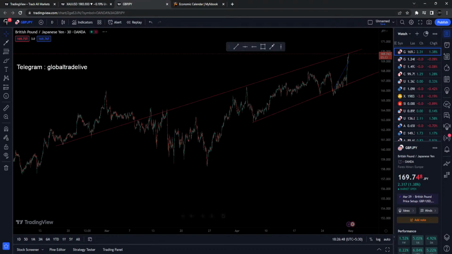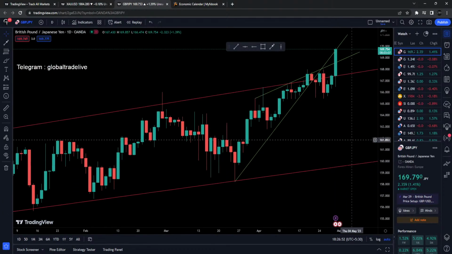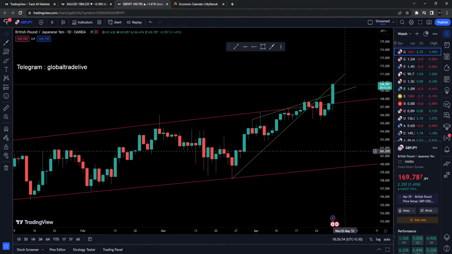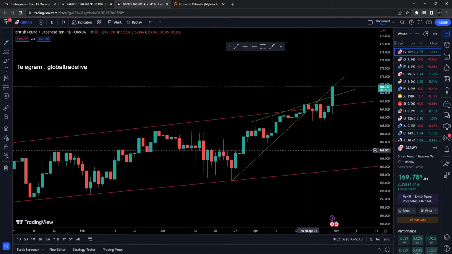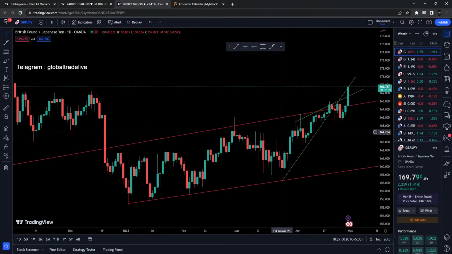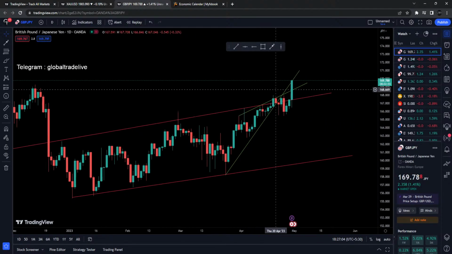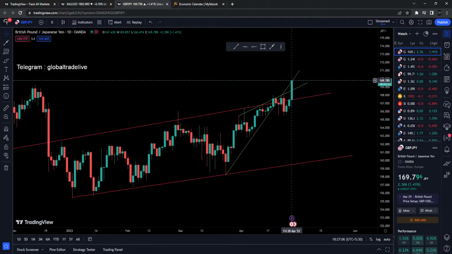So I'm really expecting a very strong bearish move now, because the thing is, let me just show you over here the daily. So if I look at the daily time frame, the market was moving inside this channel first, and then we had this green channel over here, and now the market has gone straight up to this upper trend line.